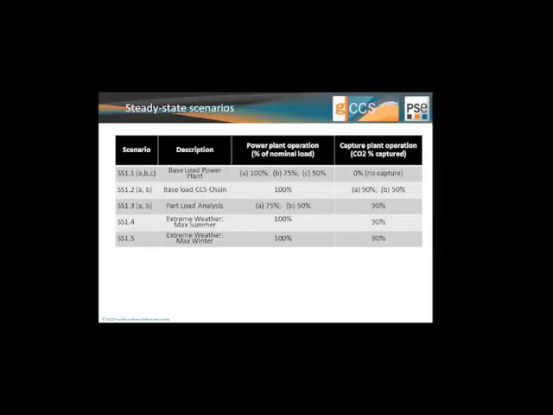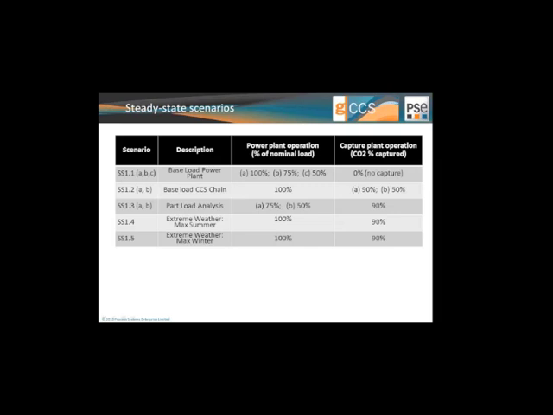In this case study, and for the system I showed earlier on, we considered 5 different scenarios. The first scenario with 3 variants aimed at describing the base load of a power plant and assessing how well GCCS is capable of modeling these. The power plant operation was then simulated at 100, 75, and 50% without any capture involved at all.